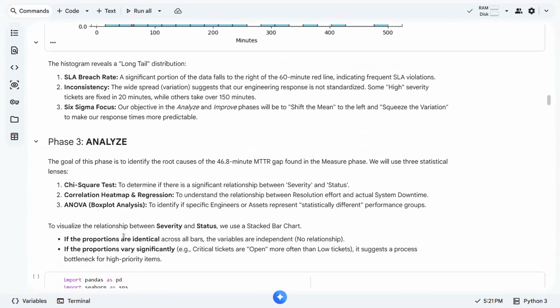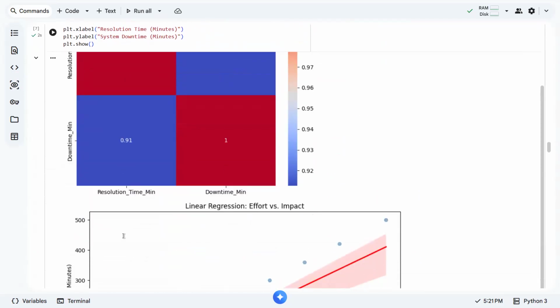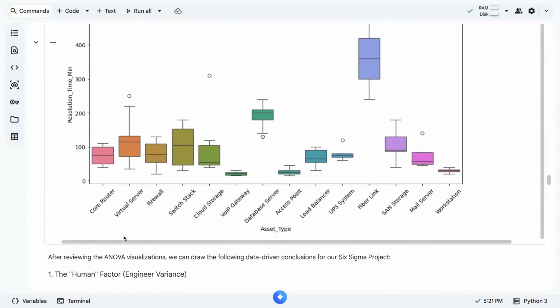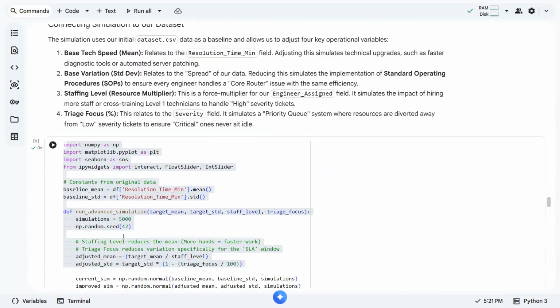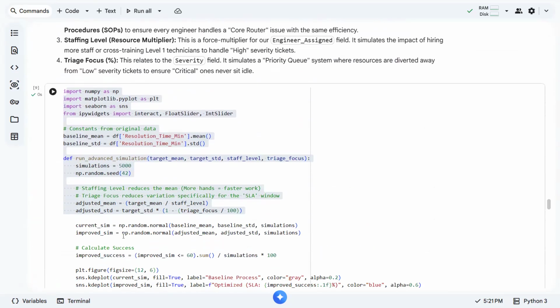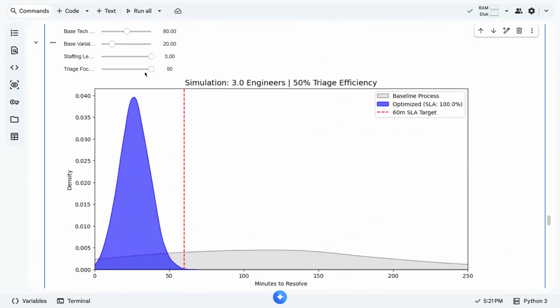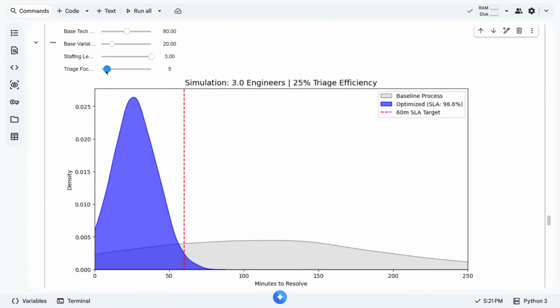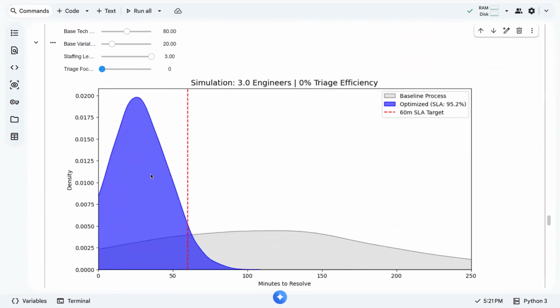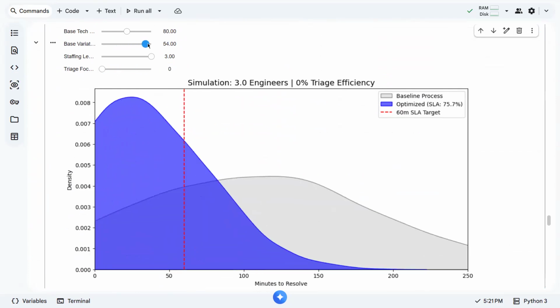Meaning if we increase our triage, or our focus on assigning or creating tickets, and if we maximize that by 50%, then we can achieve better results. But if we minimize that, you'll see we have higher variation as well. So more variation.